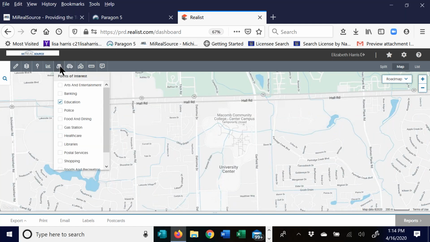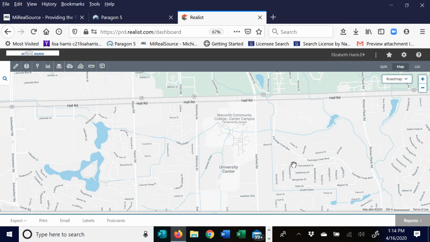And again, that's points of interest. Let me uncheck it and check it again. And it doesn't want to load right now. So I'm sorry, it's not loading again with the changes. You might have a little glitch here. Sometimes it's taking a while to load. So I will make sure these items that have not worked properly today will be working for us